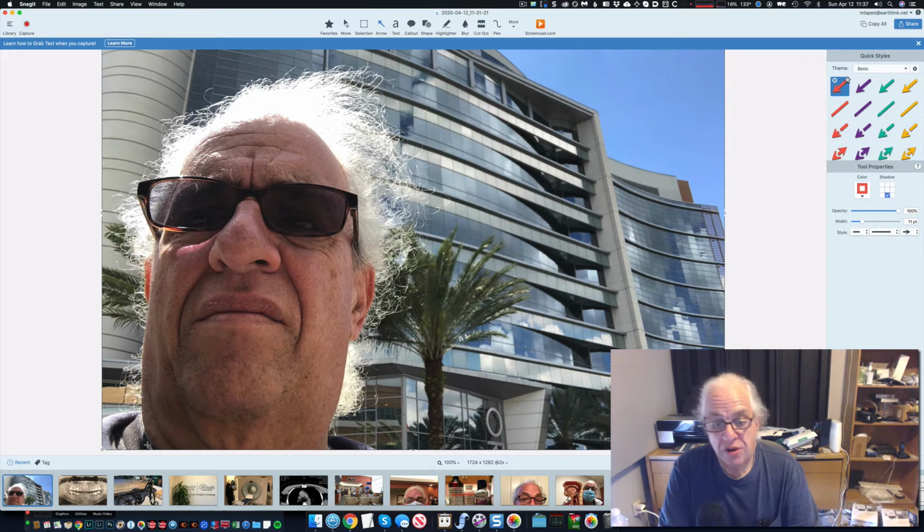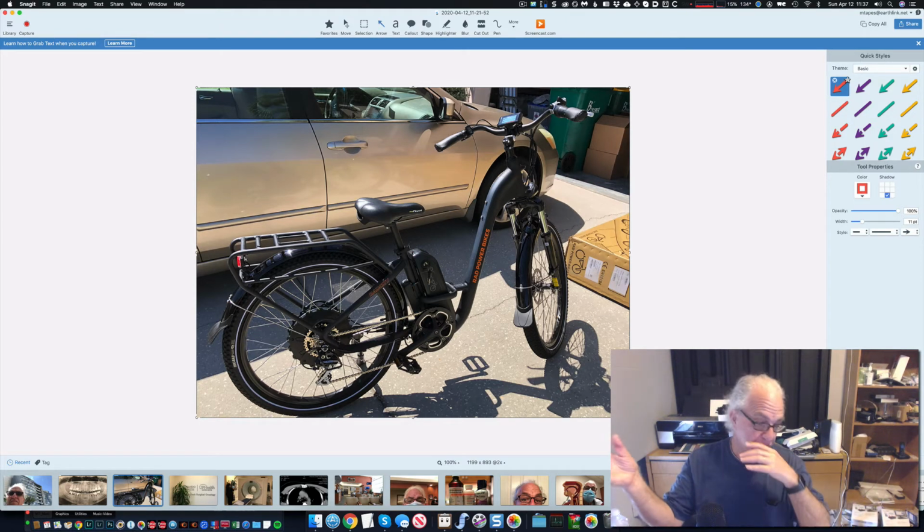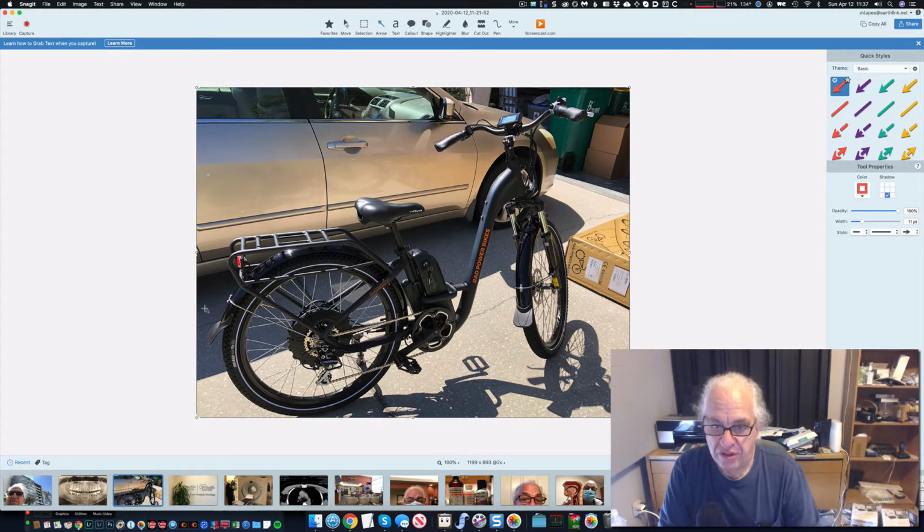Exercise is an important part of my therapy, so my friend and photographer Mark Smith had recently gotten one of these bikes, and I realized this is an electric bike. I, like many people, probably thought an electric bike is like a scooter, you hop on it and it's electric, and that's what you do. But as you can see here, it's got gears and so forth. So the way this bike works, and it's perfect for my exercise routine,